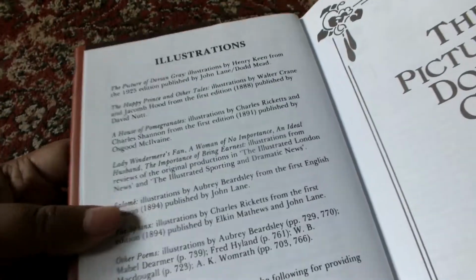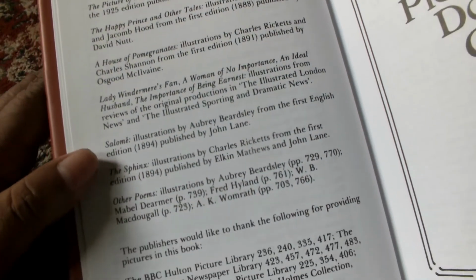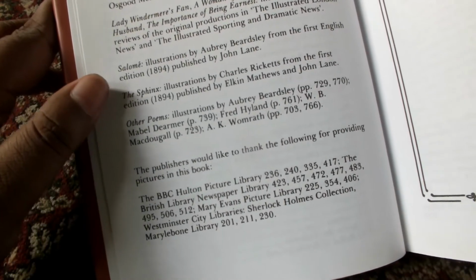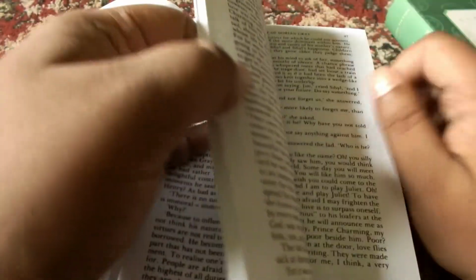And then it lists the illustrations and who they were done by. So let's get on. So for example, there's this illustration. Not many illustrations, I would admit, but